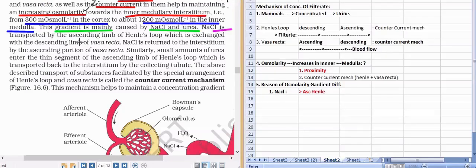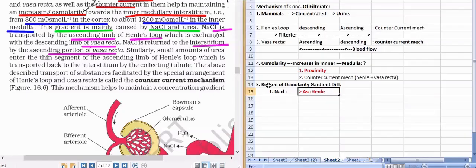NaCl is transported by the ascending limb of Henle's loop. While going toward the collecting duct, it is transported from Henle's loop ascending limb to the descending limb of the vasa recta. Again, the NaCl is returned to the medulla by the ascending portion of the vasa recta. So you remember, I'll write it here: NaCl is going from the ascending Henle's loop to the descending